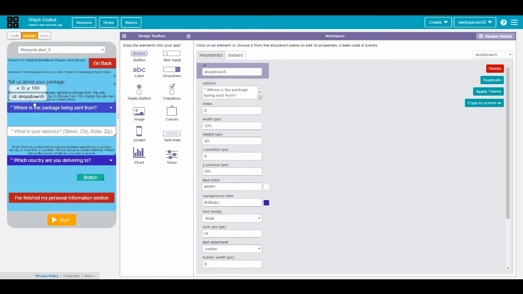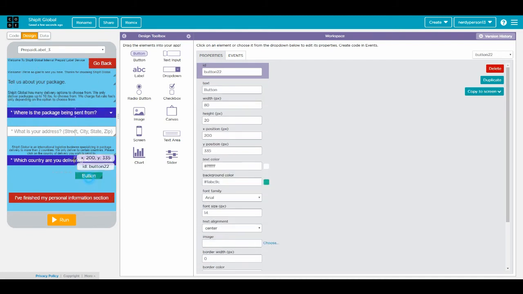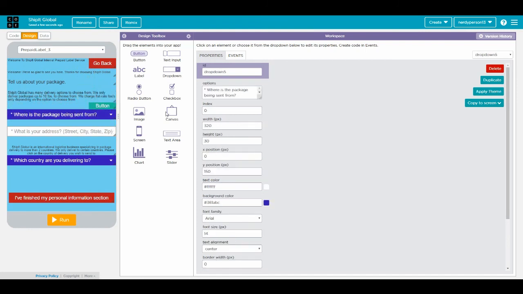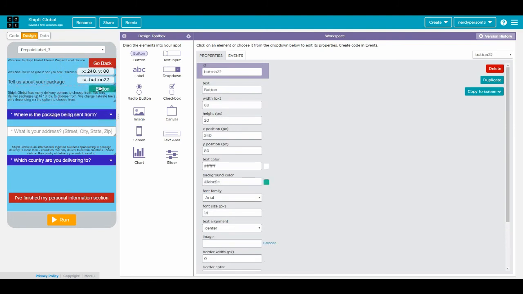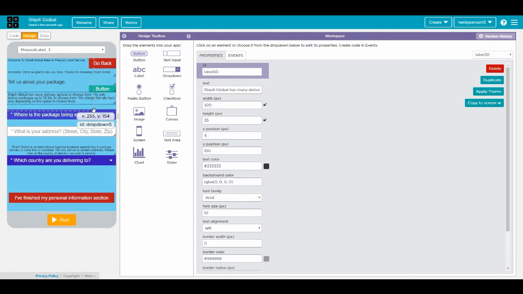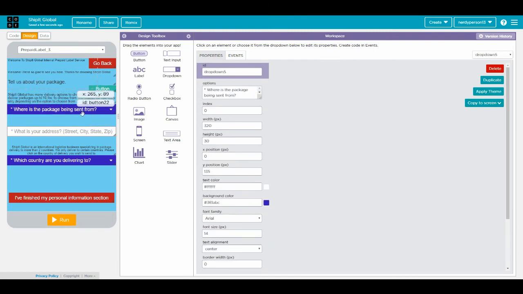We'll use the same text box and we'll use this button. Actually, no, let's do that and do that instead. Alright, so we'll put